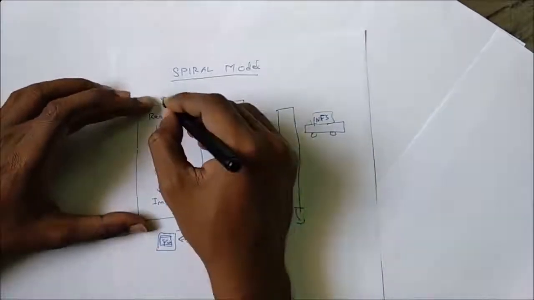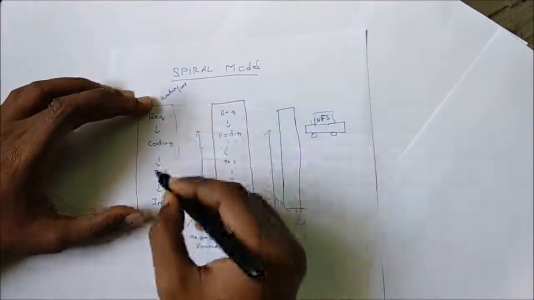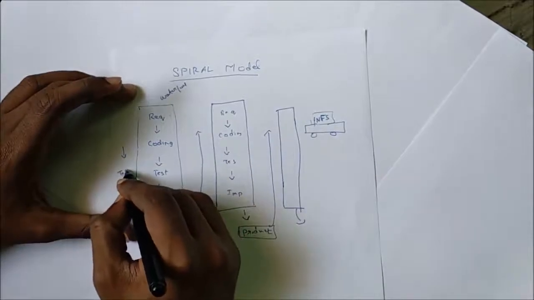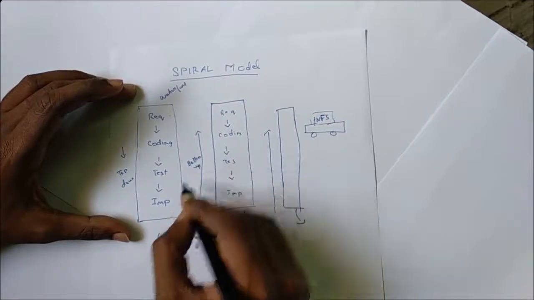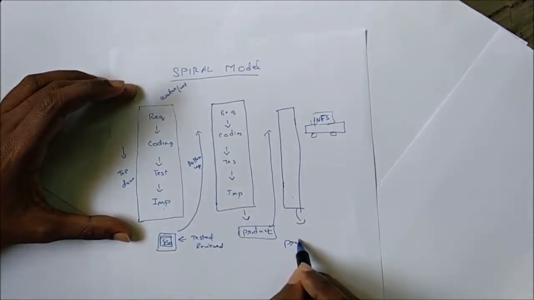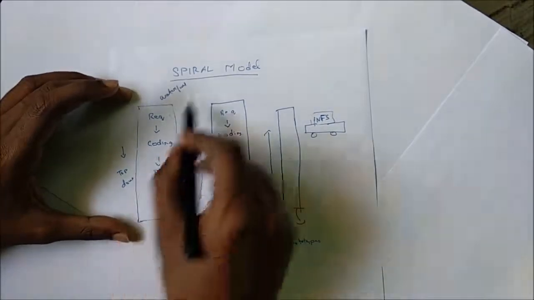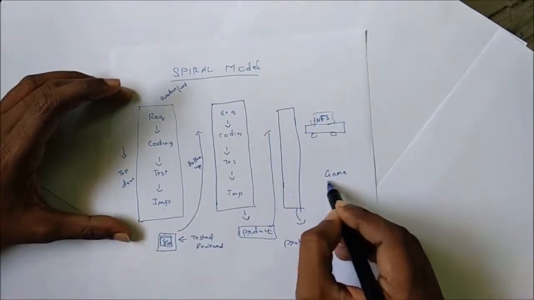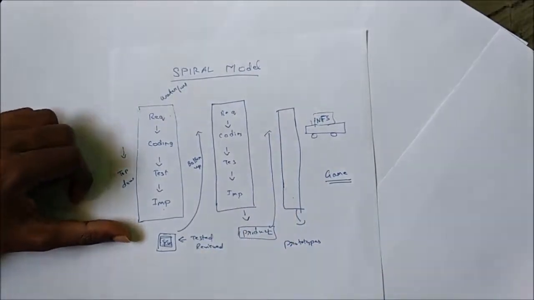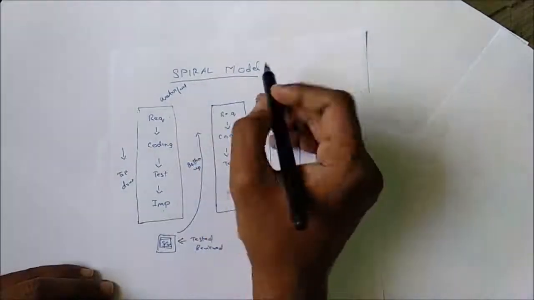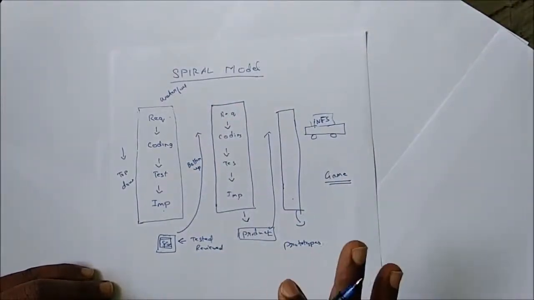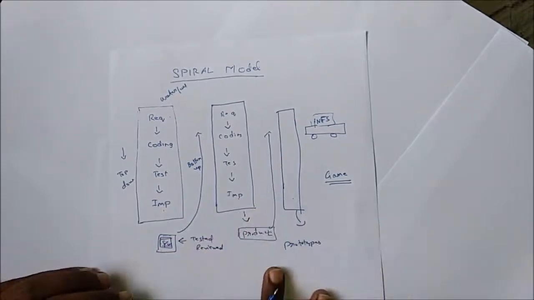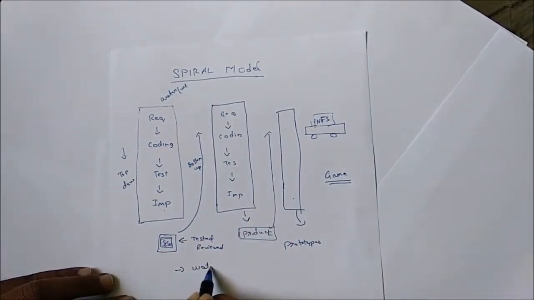So this is a waterfall model, and this is a top-down approach, and this is a bottom-up approach, and these are prototypes, and this is mainly used for game development. So these are the 5 keywords which you should remember in order to score in spiral model. Not only to score, to understand spiral model, these 5 keywords are the main elements which are part of spiral model. That is waterfall plus prototype,